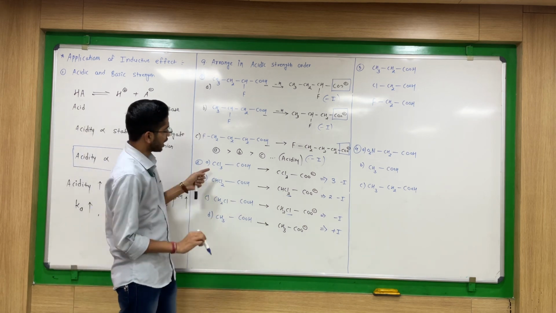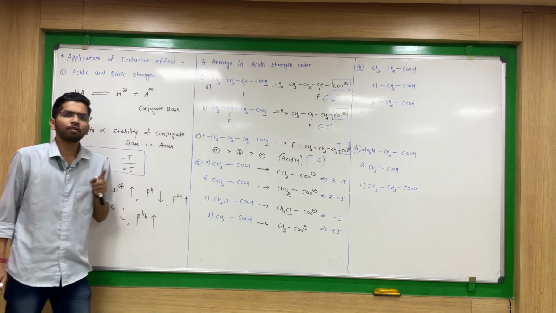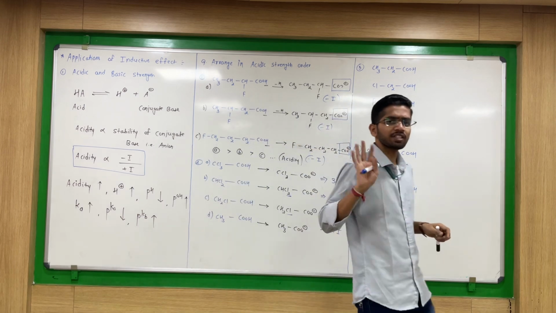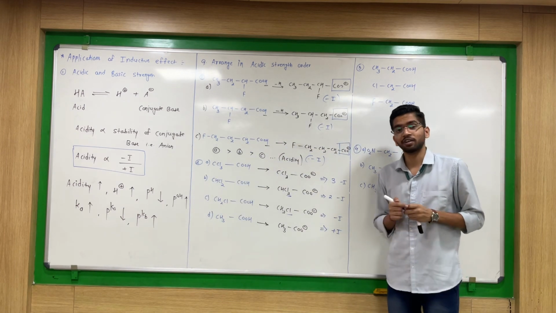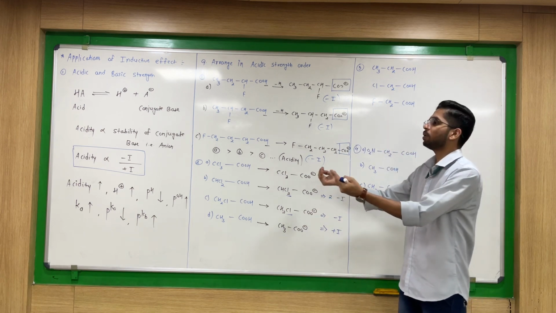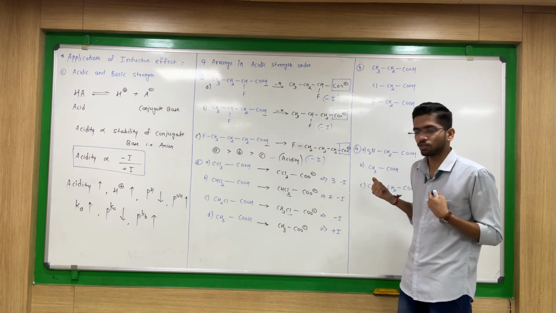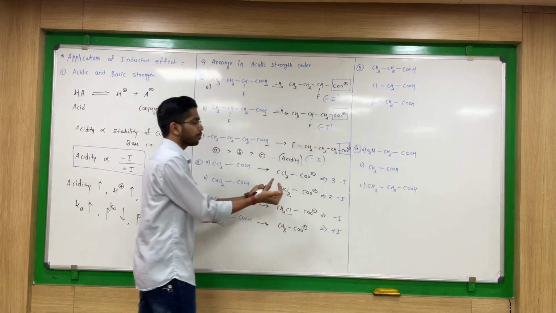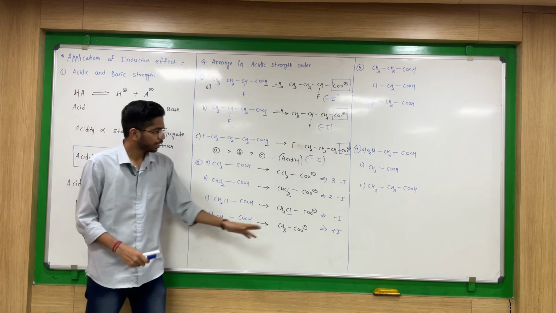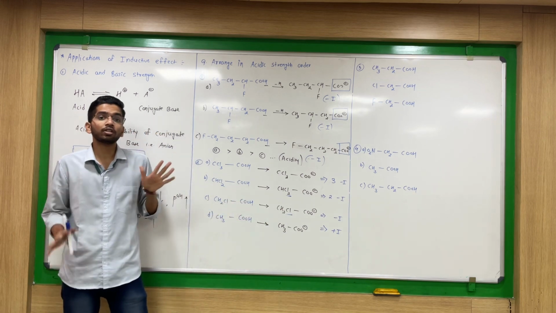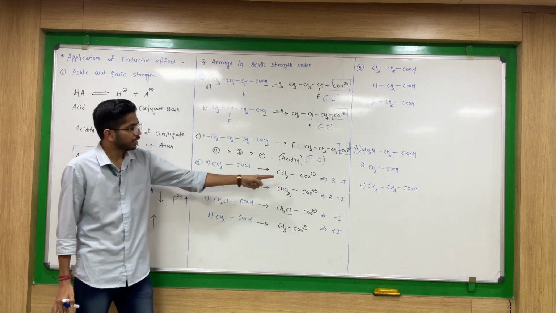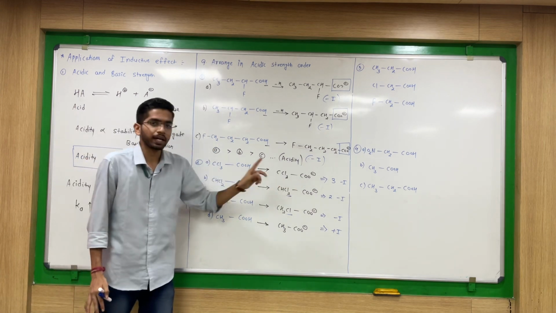Now I have to compare A, B and C. How will I compare? Distance I have seen. In all cases distance is same. Now next thing, number. Now here I have 3 inductive effects. Means what? 3 groups are pulling electron density on COO minus here. 3 chlorine atoms are pulling electron density on COO minus. Here 2 chlorine are. Here 1 chlorine is taking that electron density. So where will that electron density be minimum? In which case is the electron density on COO minus minimum?